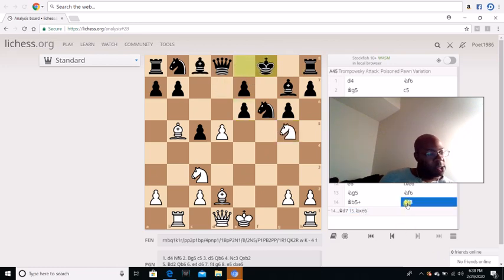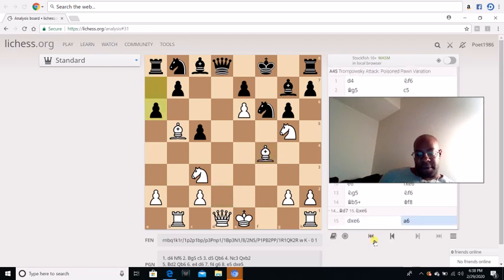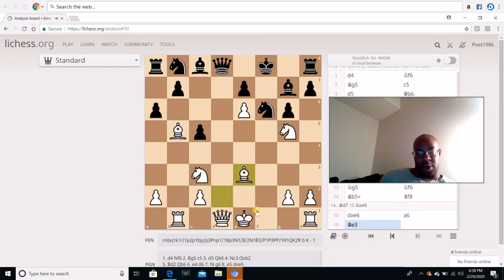All right. So after king f8, d captures e6, and then a6 is played, and then bishop e3. Oh my bad, I meant bishop e3, not bishop f4. Bishop e3. Why is this a good move? Well, obviously he can't take this light square bishop because then white will take his own queen. But if